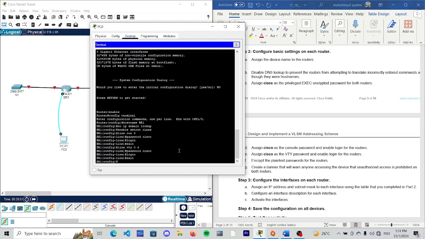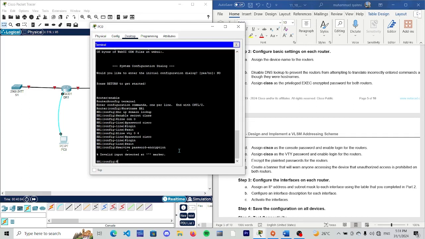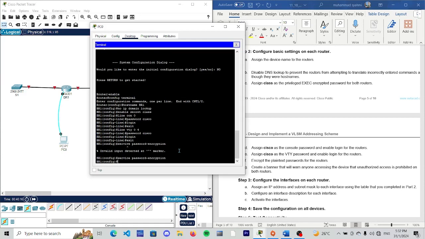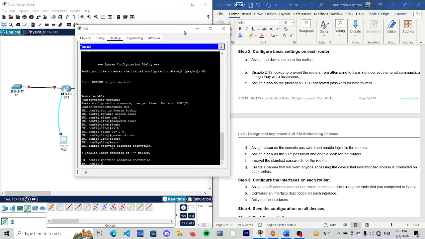Plain text, so we use service password-encryption. Oh, I'm sorry, typo here. Service password-encryption. Okay, so we go to